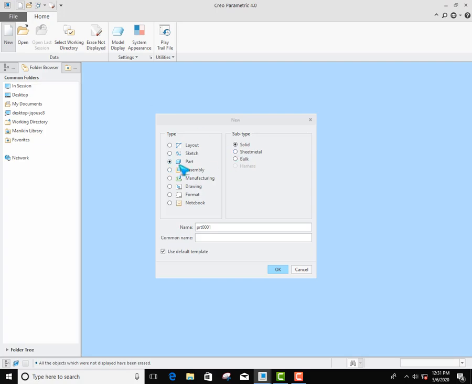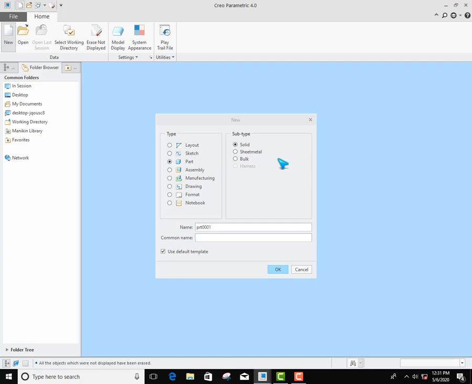Okay, here I opened it and the New dialog box is open. So here I am creating a part; it's the default, it will appear as a part. Here I am selecting the part.